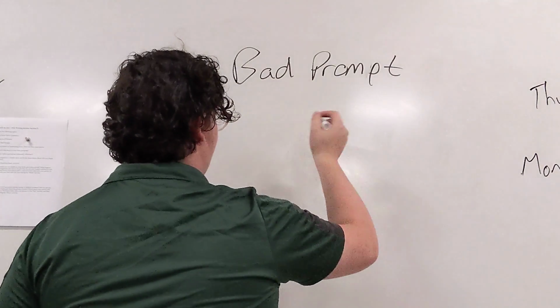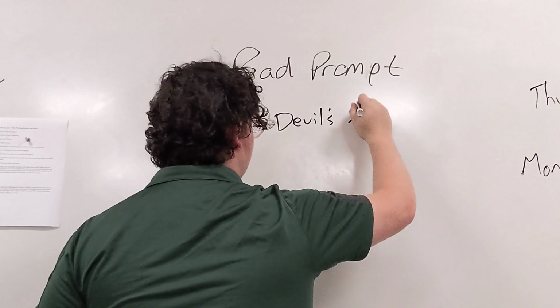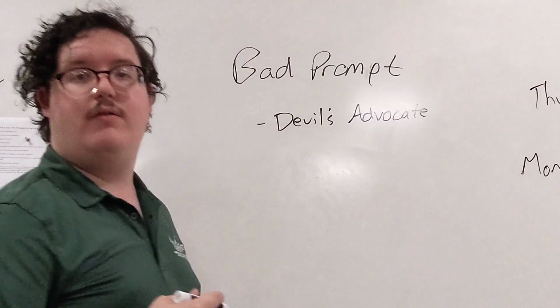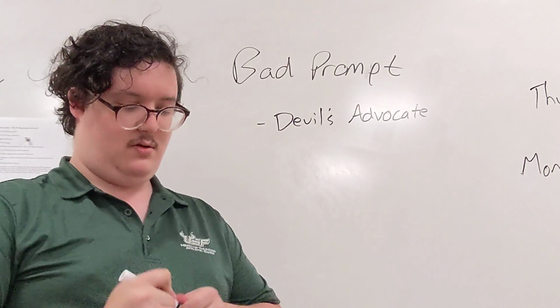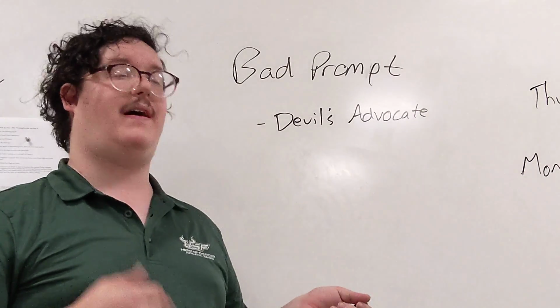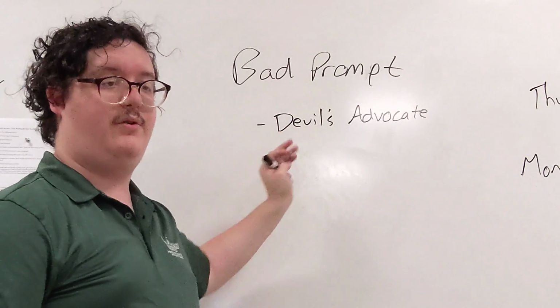You don't agree with either side, so you play devil's advocate. Okay? So an advocate is someone who argues for someone. An advocate is someone who goes to bat for you. An advocate is someone who will fight for you, right? You're fighting for the devil. You're fighting for the person who is against you.